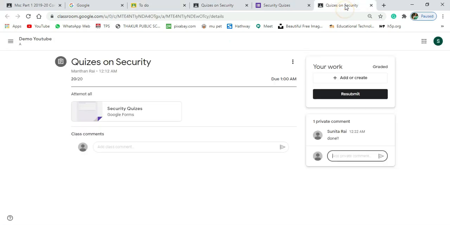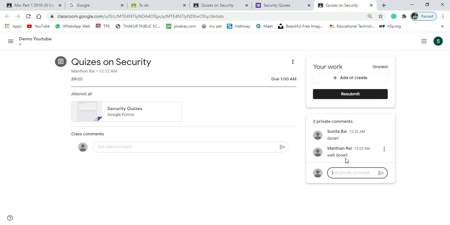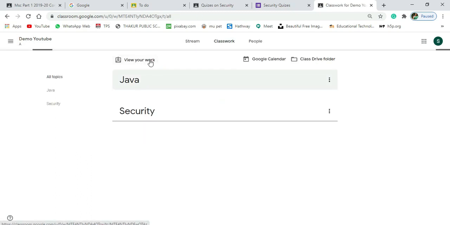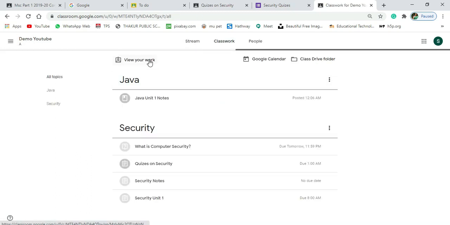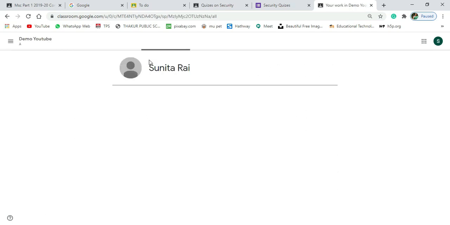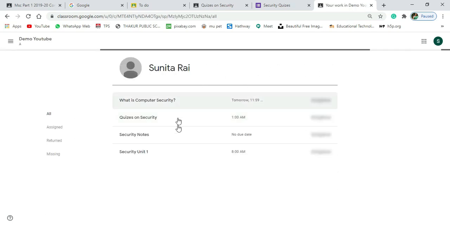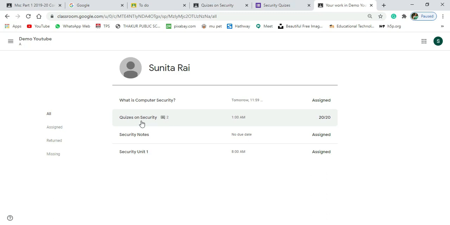Now students will get what? Well done message over here. Okay. So this is your student classwork. So students can click on view your work. So whatever work student has done, so quizzes, and student has got these marks.